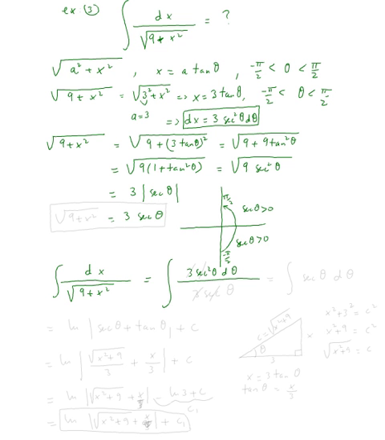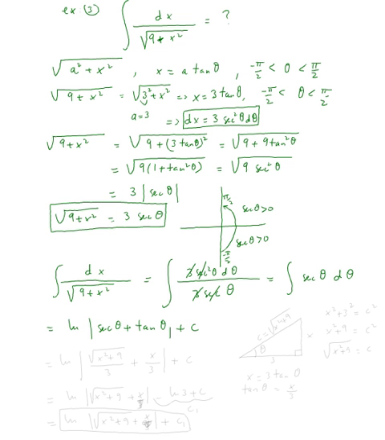Square root of 9 plus x squared is right here, which is 3 secant theta. Now simplify 3 with the 3 and secant with secant. This is going to be equal to the integral of secant theta d theta, which is one of those integrals you need to memorize, which is equal to ln of the absolute value of secant theta plus tangent theta plus some constant